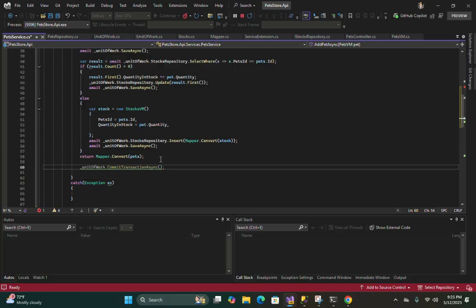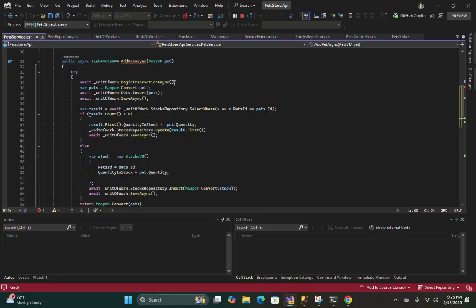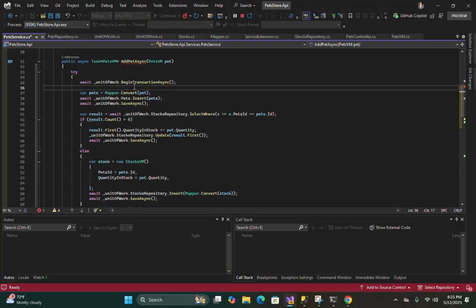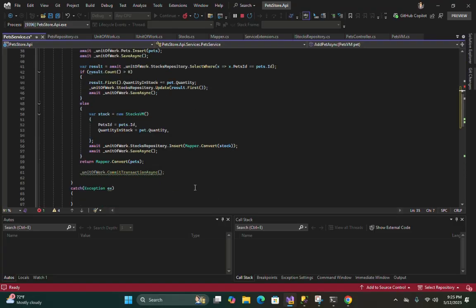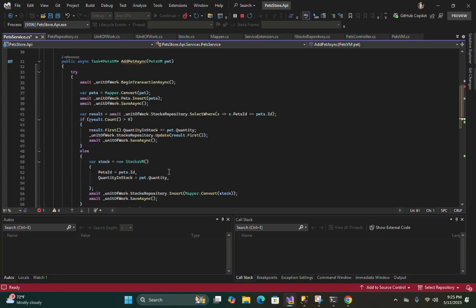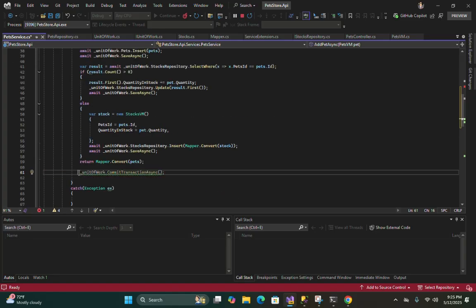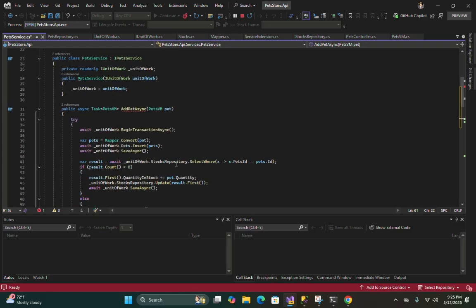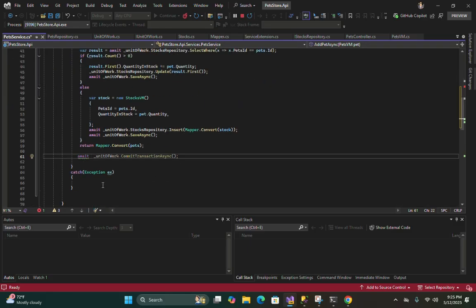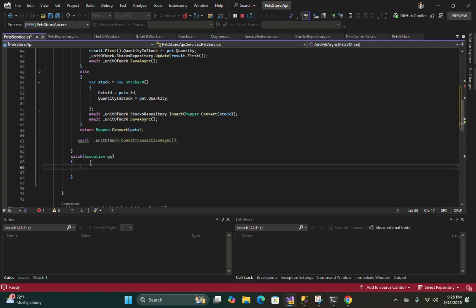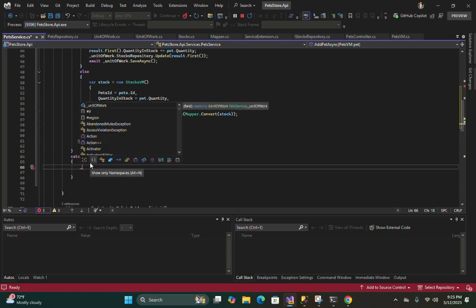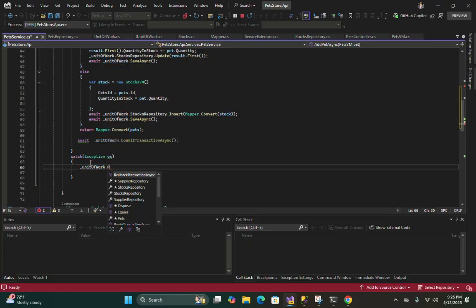All right, otherwise if any error happens between this scope, begin and commit, you can roll back the transaction.